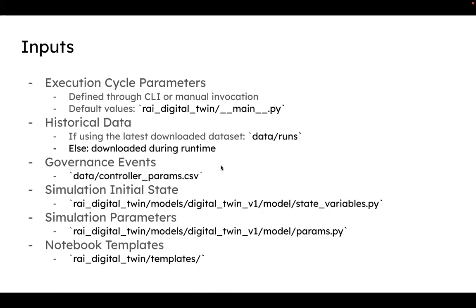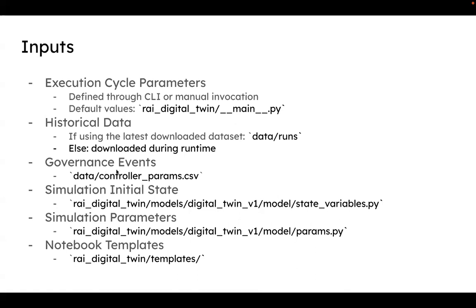Another option for inputs is the historical data. One of the pieces of the digital twin is about retrieving data, and we really have 2 options. We can retrieve that data as we run it, or we can use the last data file. So suppose you want to do a simulation using fictitious historical data, for example, because you are motivated by having counterfactuals. It's possible to generate a file that contains a scenario for this alternate history, and make the digital twin run with it. You are not obliged to download the data. So this is another source of input.